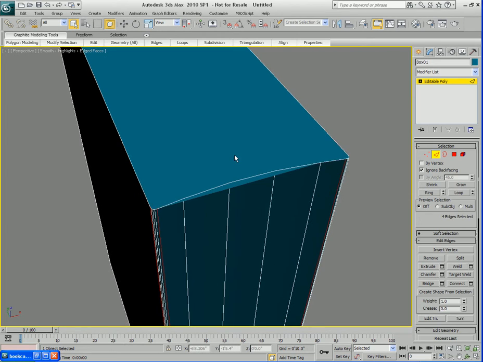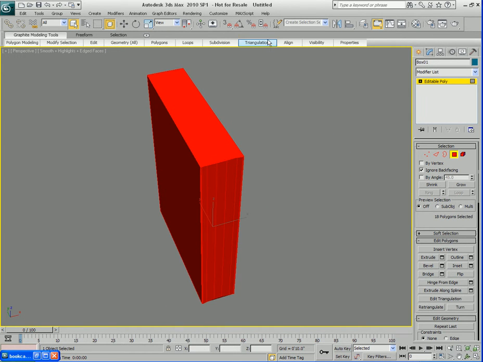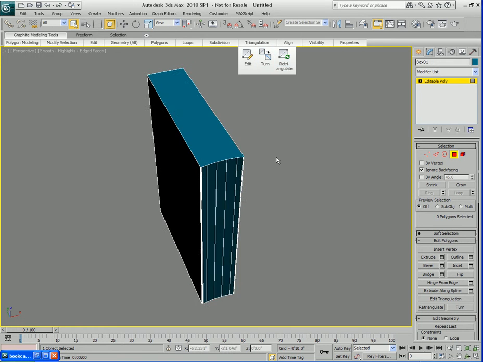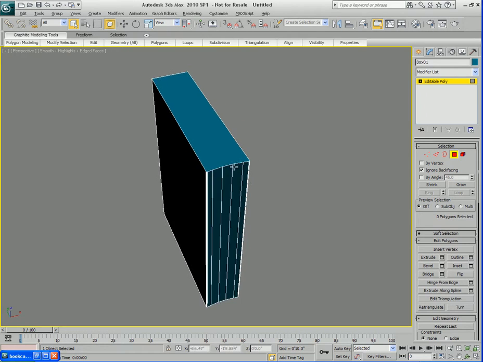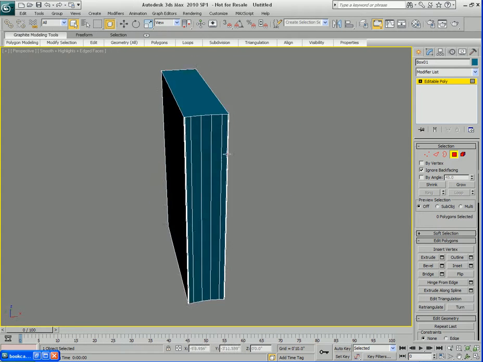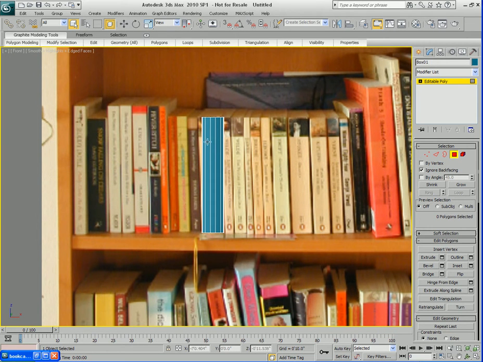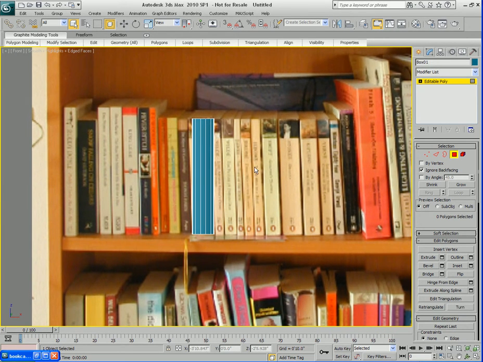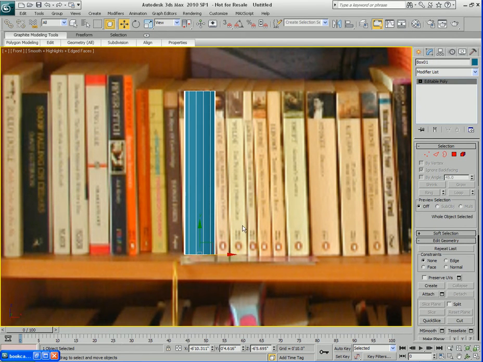Now you can see here we need to retriangulate this polygon up here. So I'm just going to select all the polygons, come up here and retriangulate. Okay, so that problem is solved. Okay, so that makes the book look a little bit more believable, more realistic. Right, now if I go to the front view here, we can see we have a whole bunch of different sizes in books. So all I have to do is take this book here,